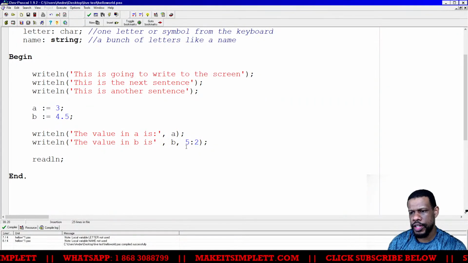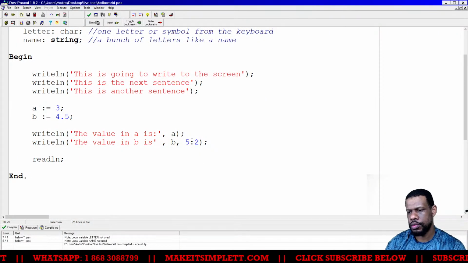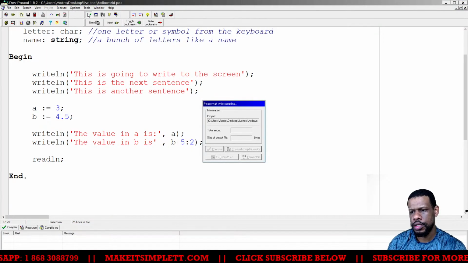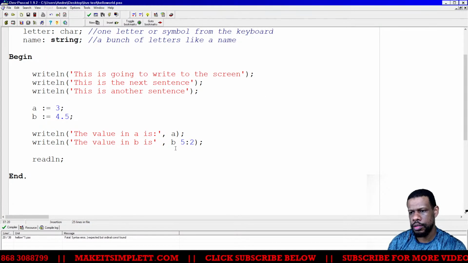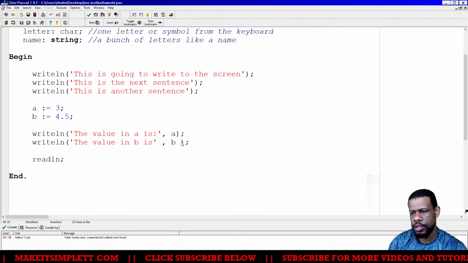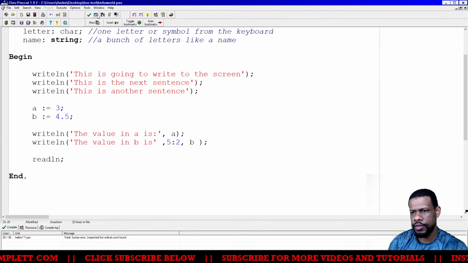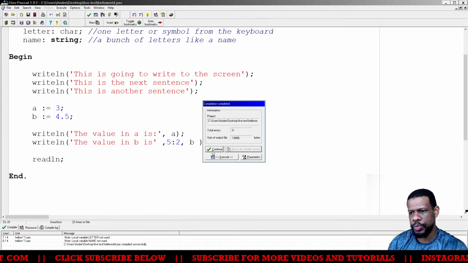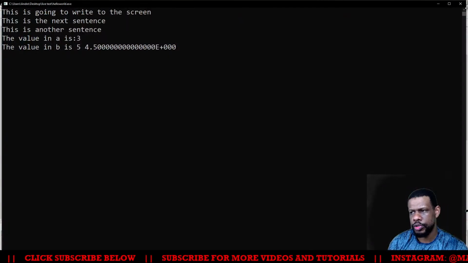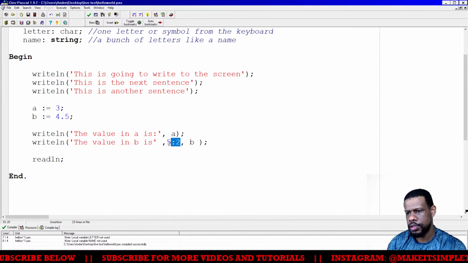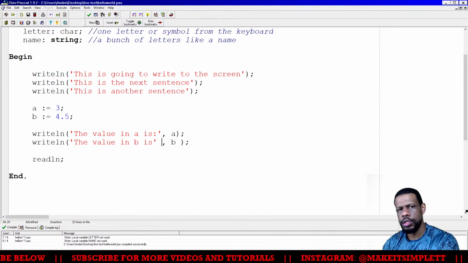Where do I have to put this 5:2? I have to leave it like that. No, it'll give me an error. Do I have to put it before? Almost there. This is to get the decimal places correct. Nope, it's still not coming up correct. When in doubt, Google.